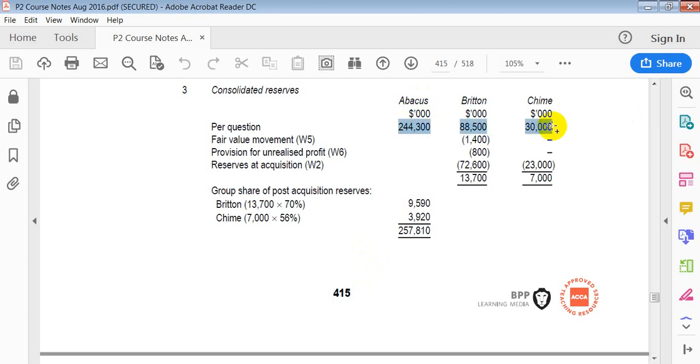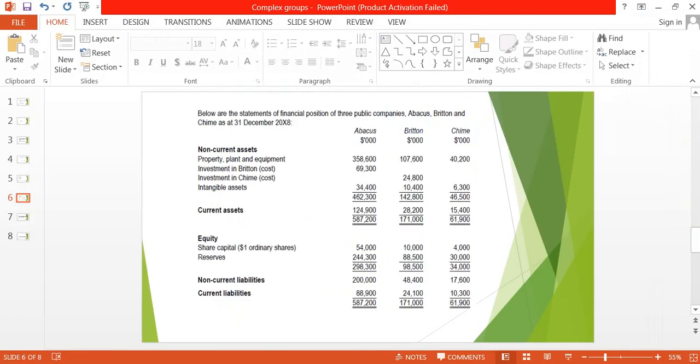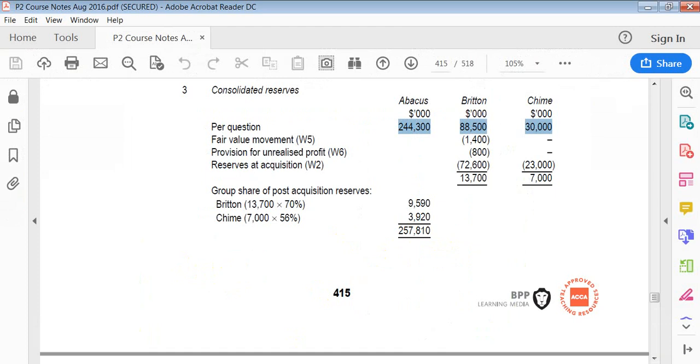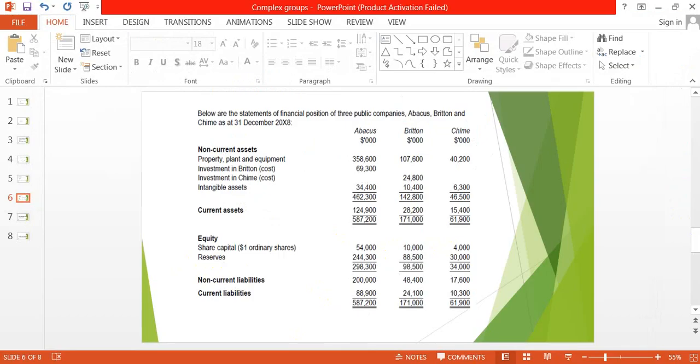So these reserves are what you are given in the balance sheet. They are under reserves. Then we've got the fair value movement, the fair value adjustment